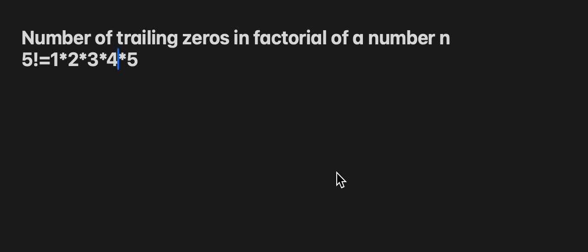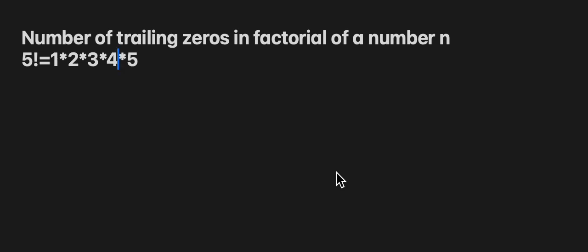So how do I get a trailing zero? Let's say I get a trailing zero by multiplying my number by 10, right? And how do I get 10? By multiplying 2 by 5, right? 2 into 5 is 10. So can I say that if I can somehow count the number of pairs of 2 and 5 in the factorial of n, then I can have my